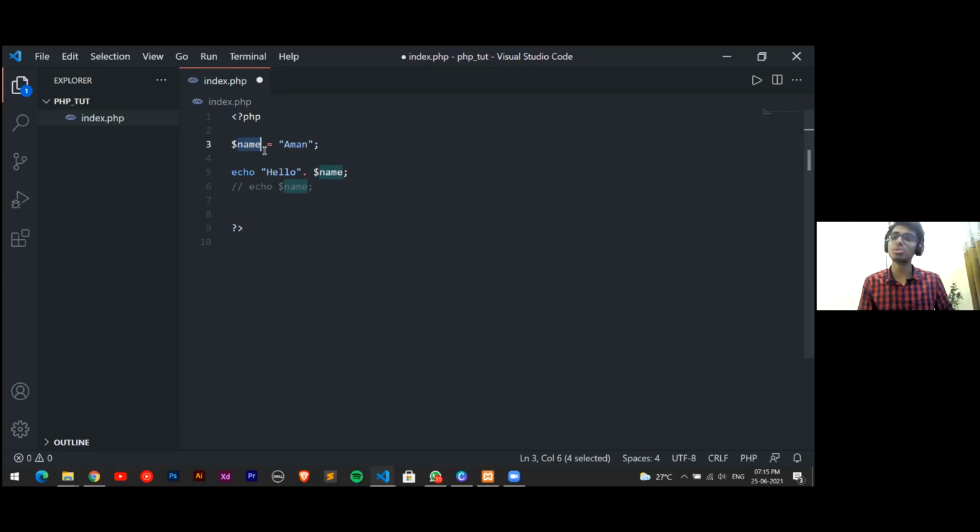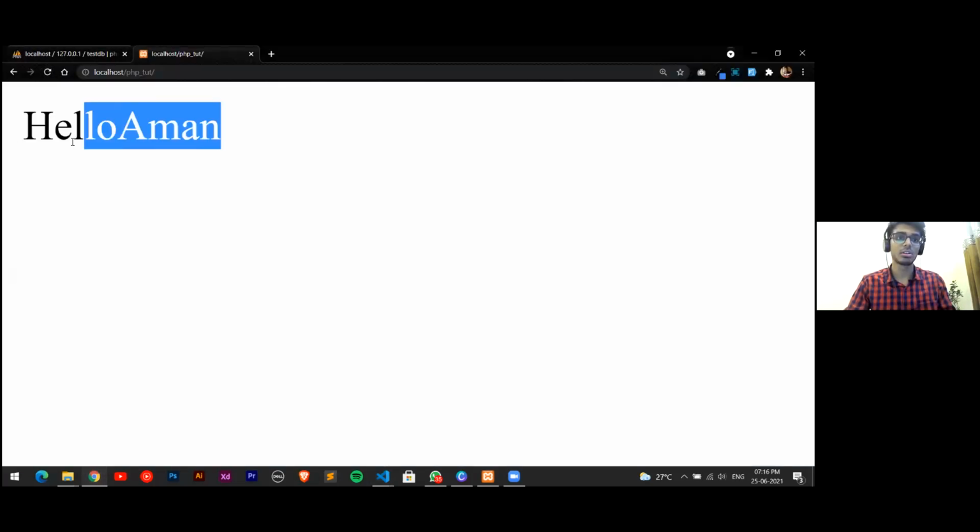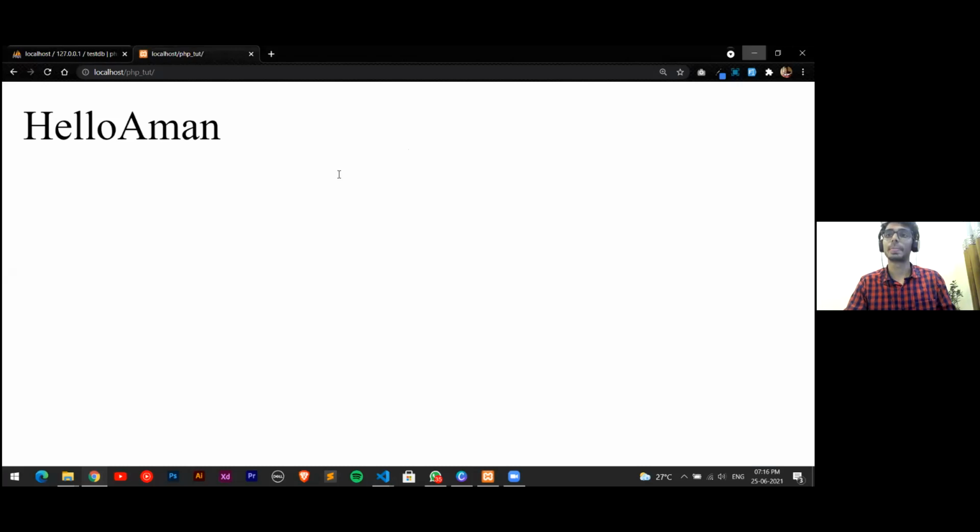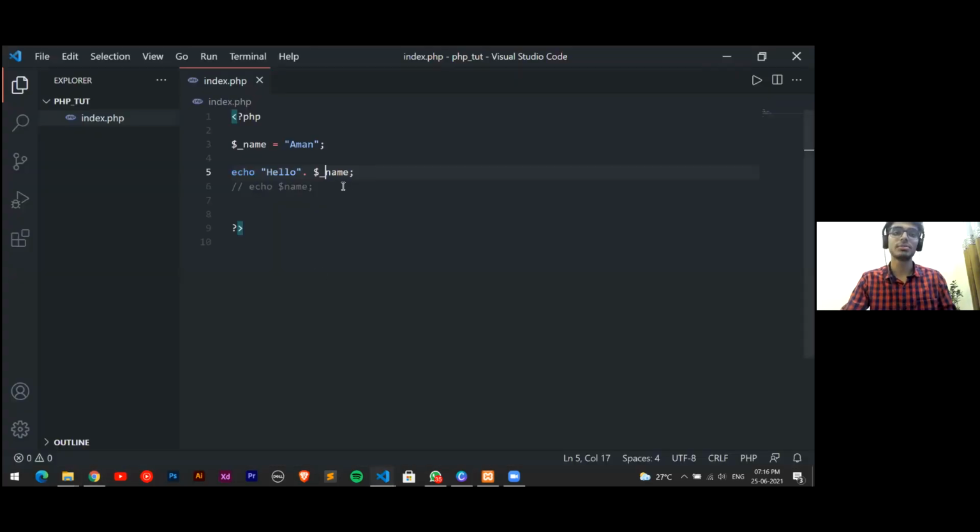We can only use characters from alphabets A to Z, and underscore. So if I give an underscore over here, I'll need to change the name everywhere, and it will run on my script. As you can see, there's no error. So these are the naming conventions of variables.